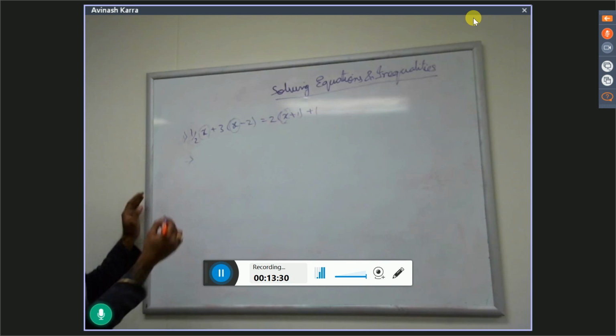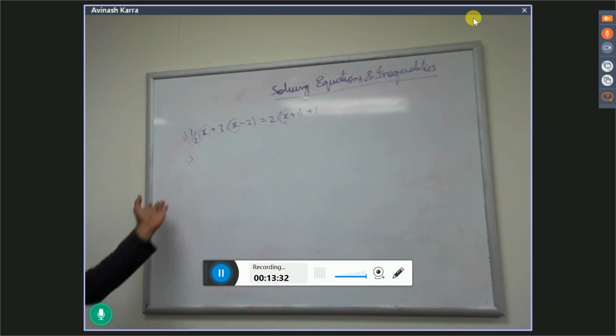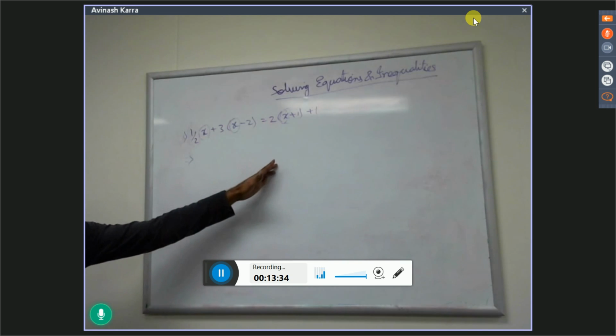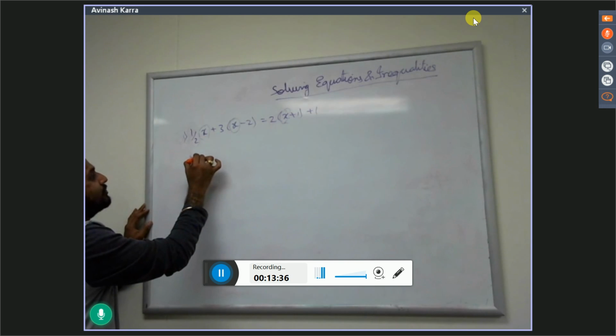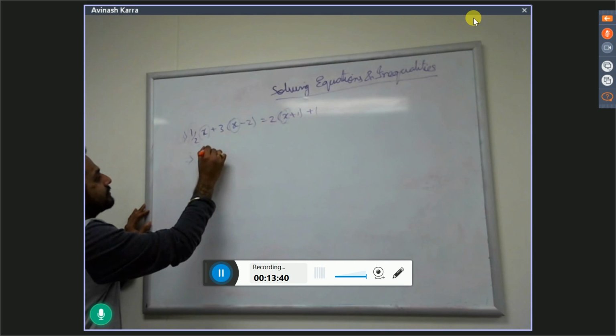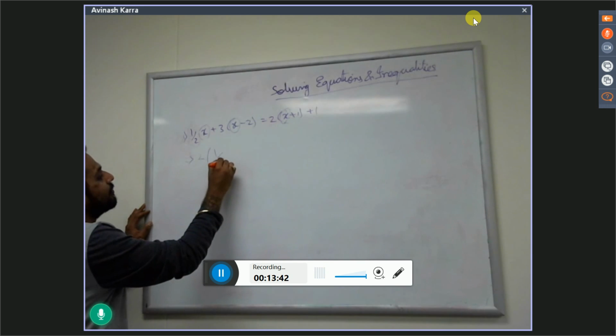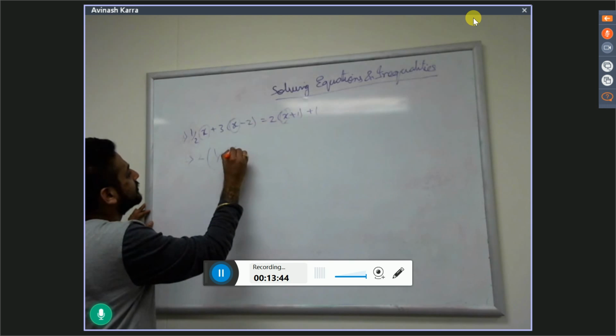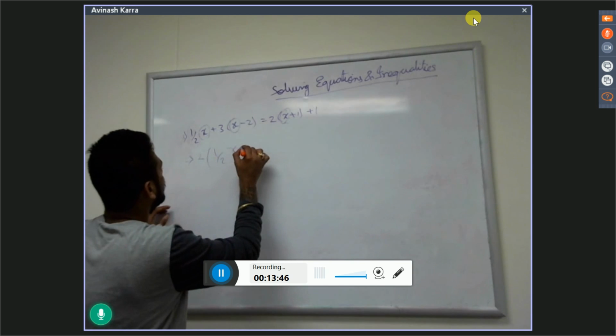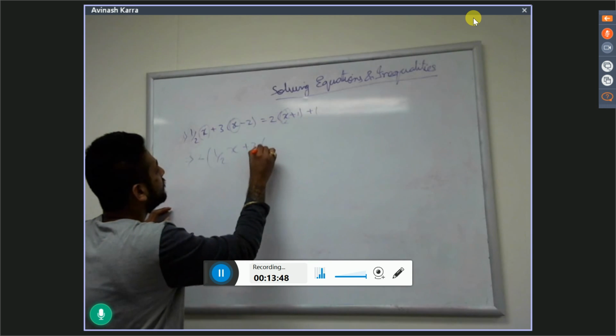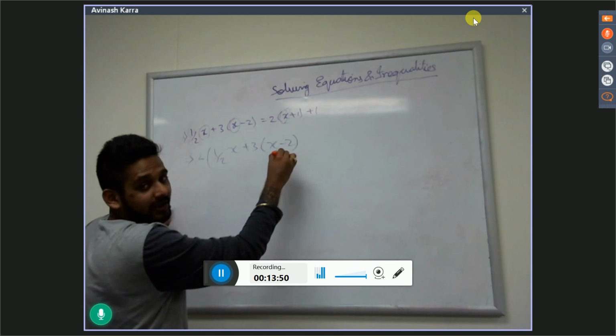To do that, I need to multiply by 2 on both the LHS and RHS. When I multiply with 2 on both sides, it becomes 2 into (1/2 x plus 3 into (x minus 2))